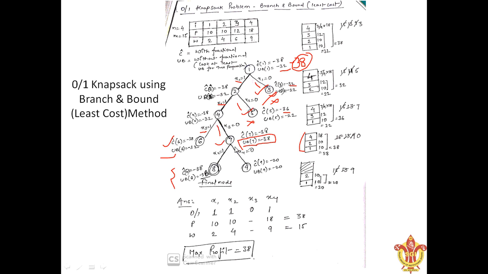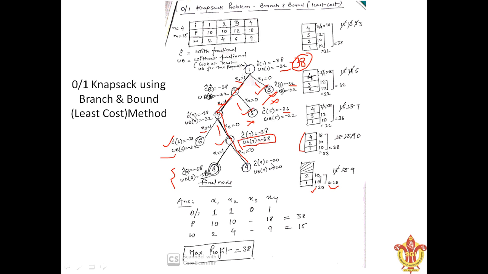What will happen if we exclude X4? For that we will have to calculate. Including 1, including 2, excluding 3 and excluding 4. We are right now in this path. So we are going to include 1 and include 2, excluding third and fourth. So including 1 and 2, what will happen? We'll have to directly take the profit, that is 10 and 10, and it is going to give you the upper bound, that is 20, and 20 will be the cost directly. So there is no fractional part. 10, 10, 20, so minus 20 and minus 20.